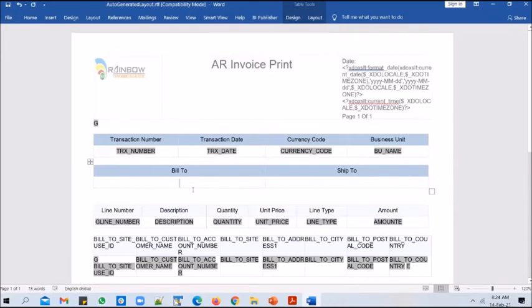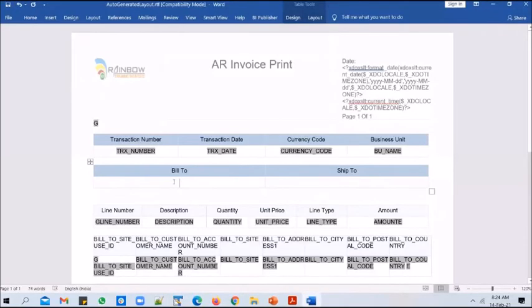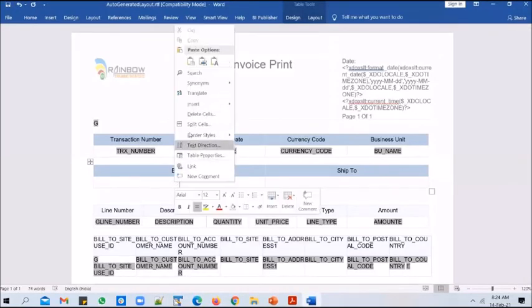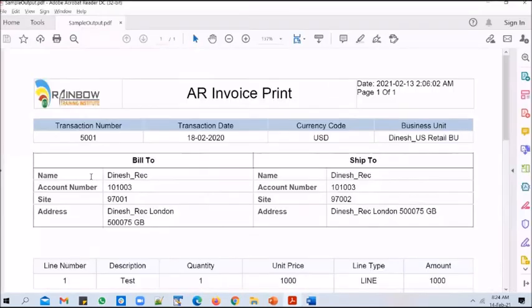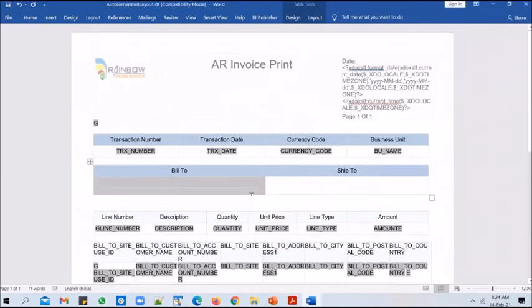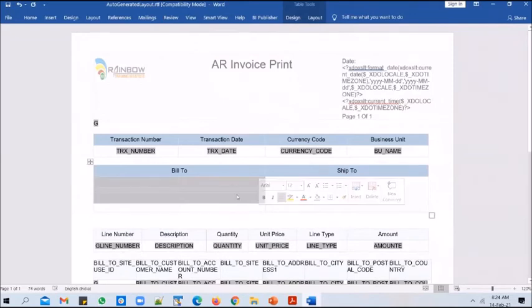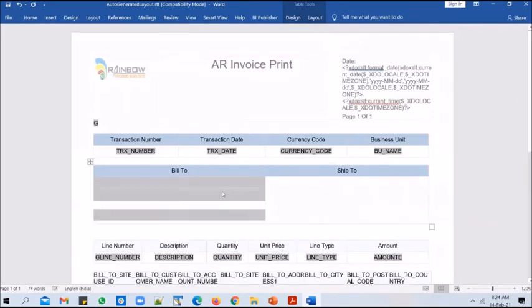And how many columns do we need to have in this particular cell? In this particular cell, I need 2 columns and 4 rows. So I can split this. I can do a right click and I can click on split cells, and I can say 2 columns and how many rows? 4 rows, right? So I can say 4 rows and click on OK. And that will split it in the way that you have asked it to do. So it has generated 4 rows.